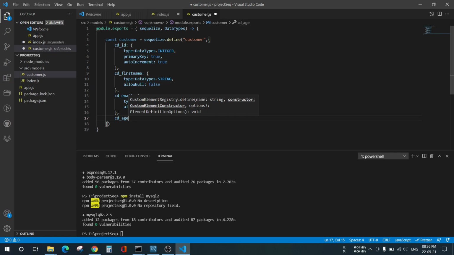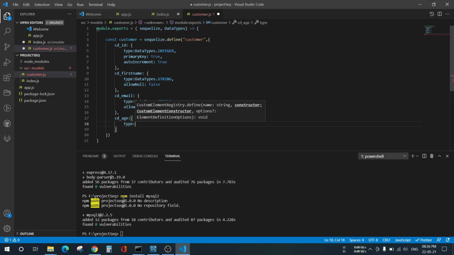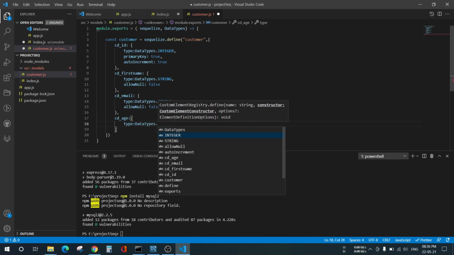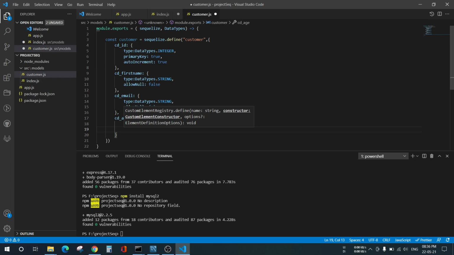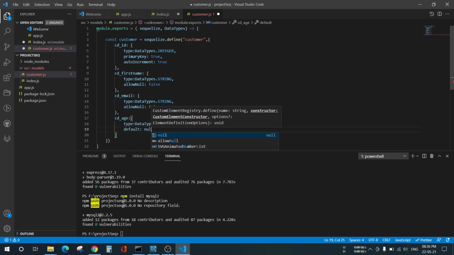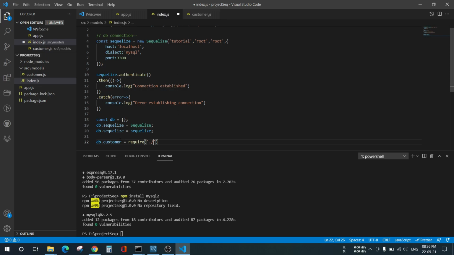CD age, type will be integer, and default value, let's set it as null. If the user does not wish to give that age, then it can automatically take null value. Let's save it. Let's go to the index file, and here we have already